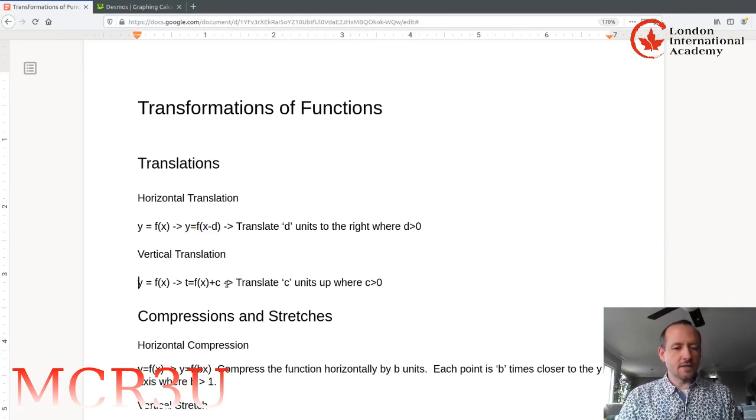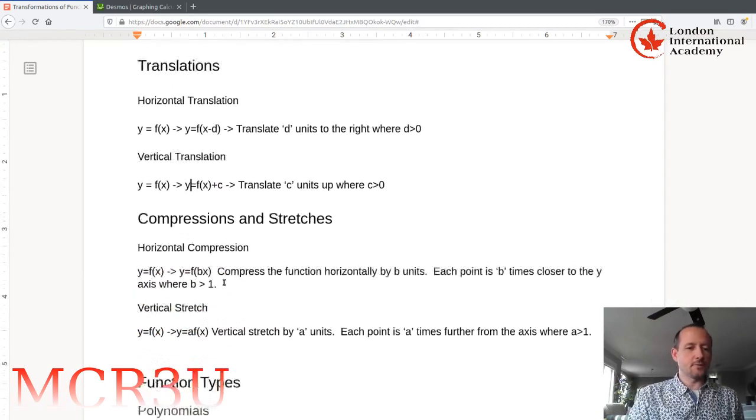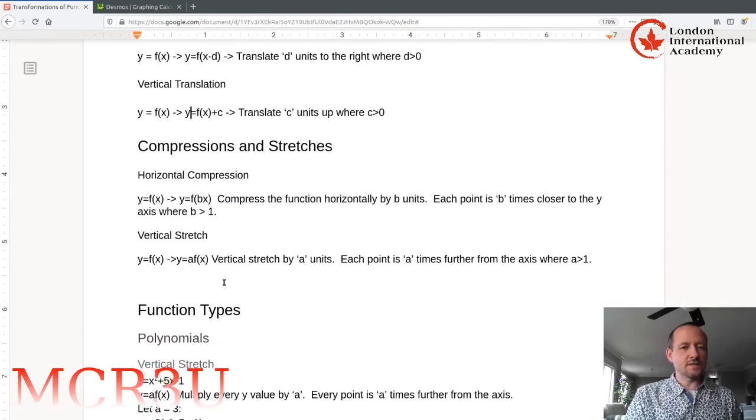Vertical translation, if we would like to move the function up, we add c to the function, where c is some number greater than 0, and that will move the entire function up. And there's a y there. There we go. Now compressions and stretches,